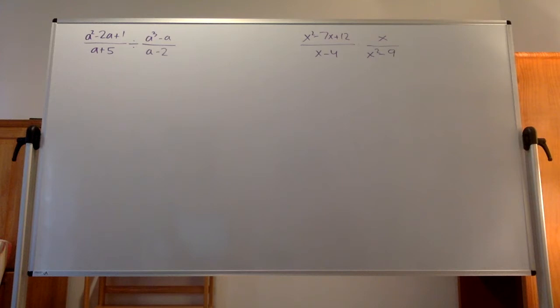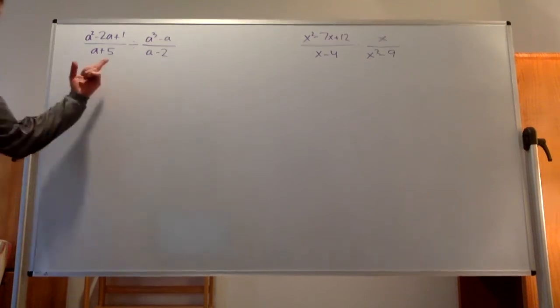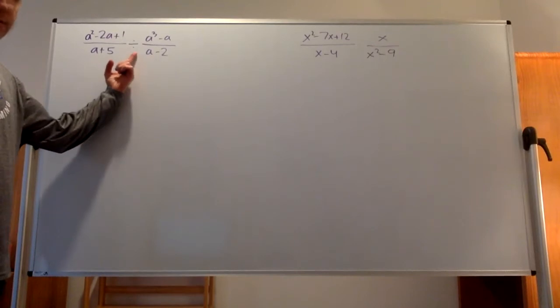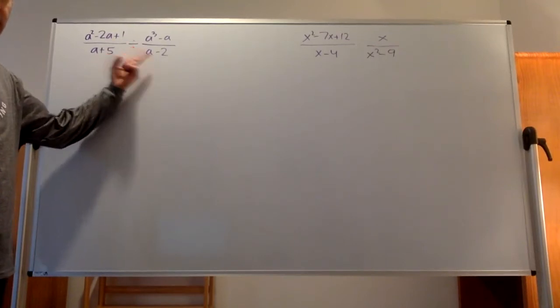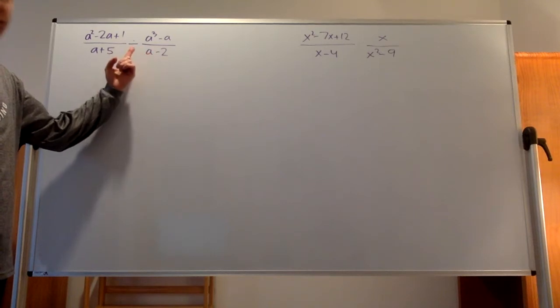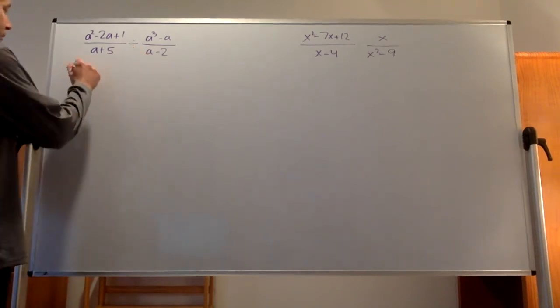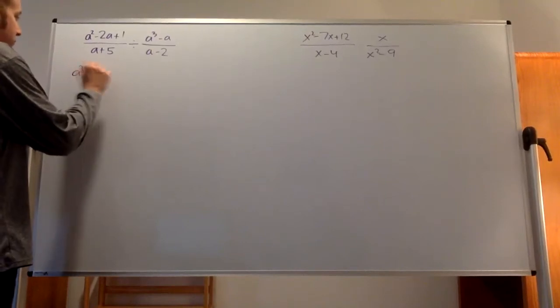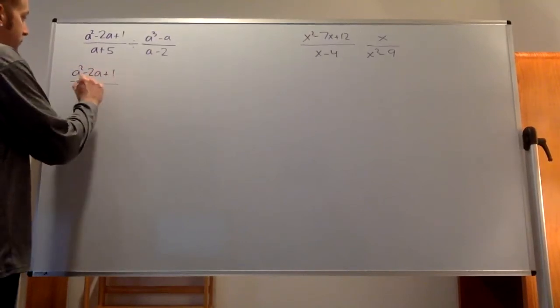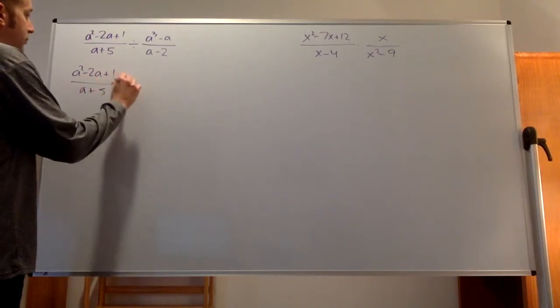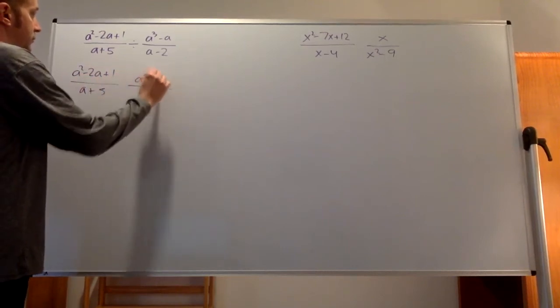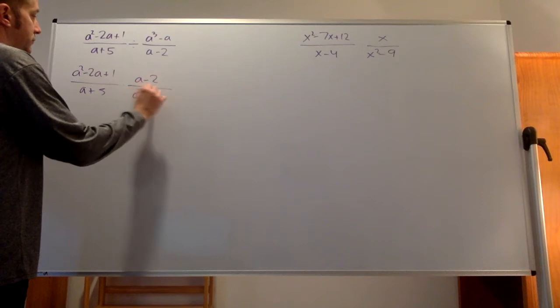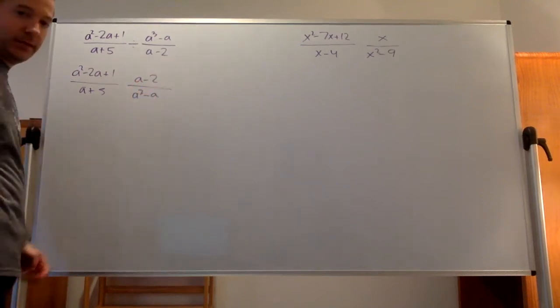I'll start with this one. As you can see, it's a division problem, which means I'm going to have to flip over the second one and change that to multiplication. So I'm going to do that first. Keep, switch, flip. Okay, and now